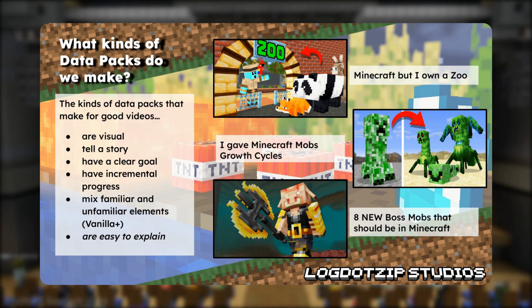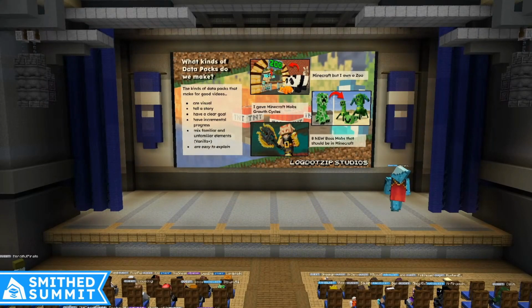Some of you might call this Vanilla Plus, but ultimately that means we have things that are really obviously from Minecraft, and also things that are a twist on what people expect from Minecraft. And then most importantly, the kinds of content, the kinds of data packs that make for good videos are easy to explain. And to kind of give an example of this, we have a few thumbnails and titles here from